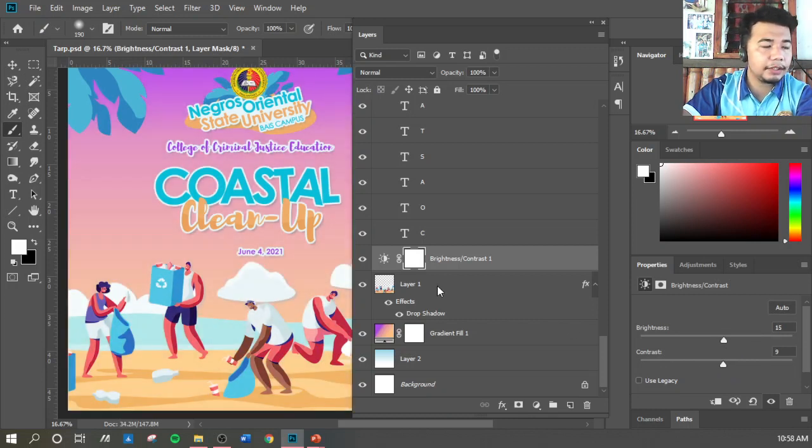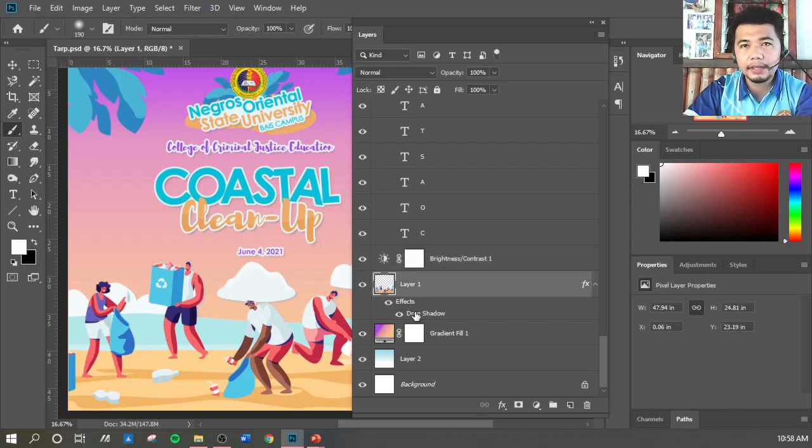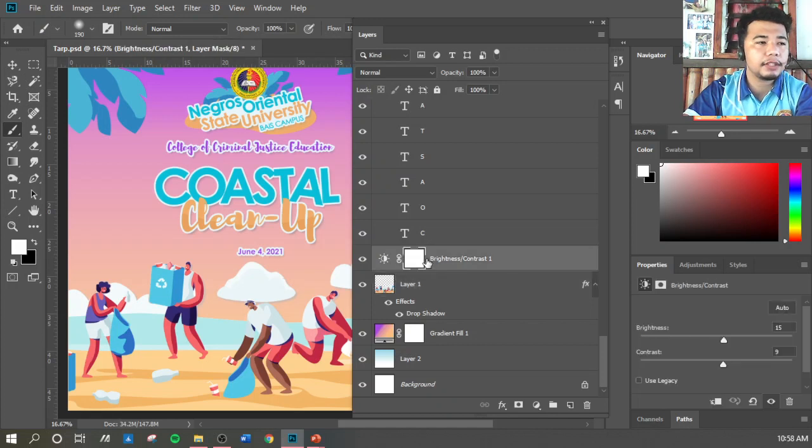You have the option to make the brightness take effect on all the layers below, or you can also select it to take effect only on this particular layer. To do so, we're just going to click that and then click this. So this adjust